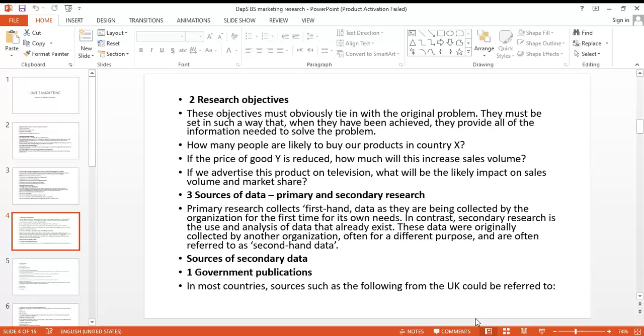The third thing is data collection. Now, when you're talking about data collection, as I already told you, data is an isolated piece of fact and it has to be processed in order to get information which is actionable for you.